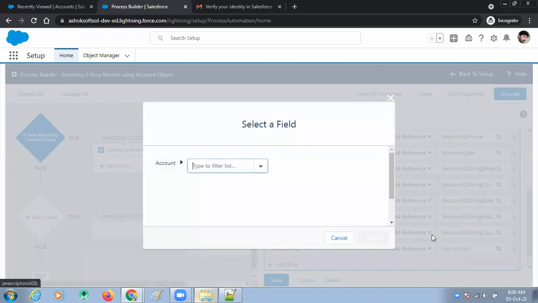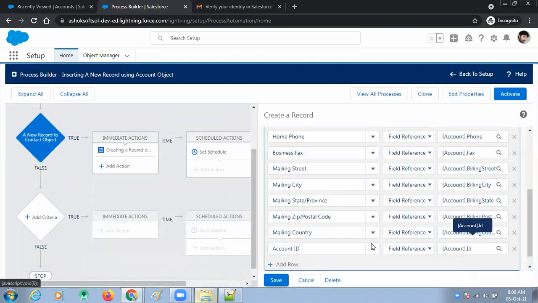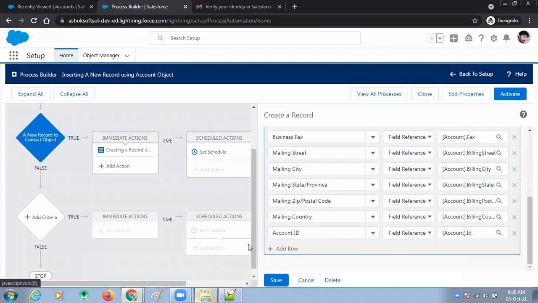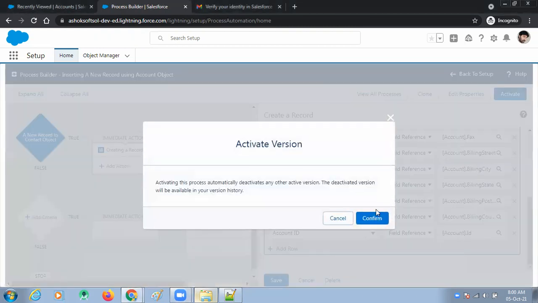Reference to what? ID means account ID, here also account ID. Now the reference: it is a lookup field. This lookup field is automatically inserted here. Without this, we can't map these two objects. Okay, now I want to activate this. Confirm.